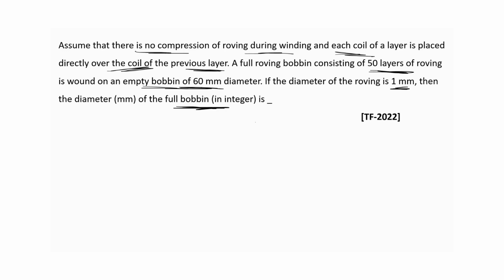So what they are saying is it is a bobbin of 60 mm diameter, and in this each coil of a layer is wound directly over another, that is, first layer, then second layer, then third layer, and then n number of layers are wound. A full bobbin contains 50 layers, first layer, second layer till 50th layer of roving, on an empty bobbin of 60 mm diameter. If the diameter of the roving is 1 mm, then the diameter of the full bobbin after the roving is wound on the bobbin,